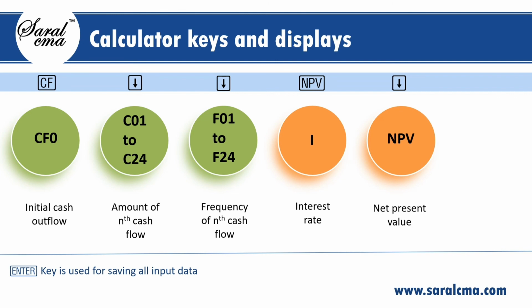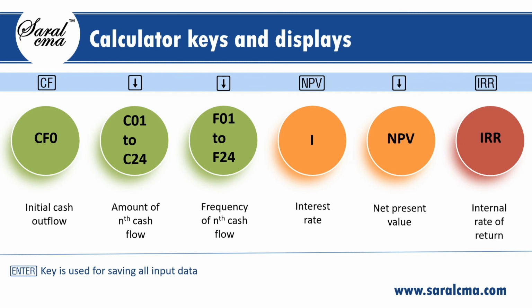The IRR key is located on the second row from top in the calculator. When the IRR key is pressed, one gets to see the letters IRR on the display panel. By pressing the CPT key located at the topmost row left corner after pressing the IRR key, one gets to know the IRR. Note that the numbers displayed on the calculator after pressing the CPT key stand for percentage and not amount.